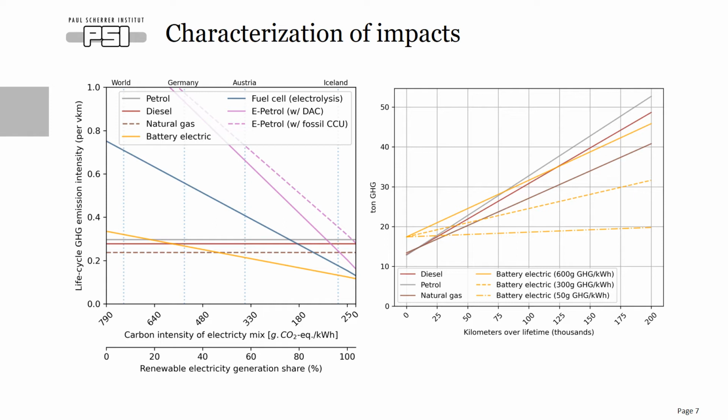So here it is clear that the greener the electricity grid becomes, the more performant these vehicles will become, in contrast to conventional powertrains using fossil fuels. And we have, for some of these vehicles, at some point, break-even points above which they start to deliver net greenhouse gas emission benefits. So that was the first important point here.